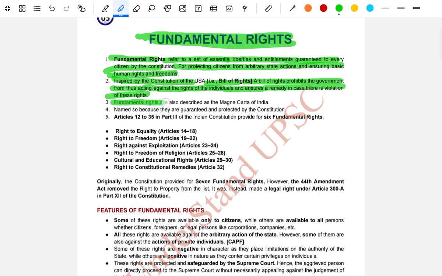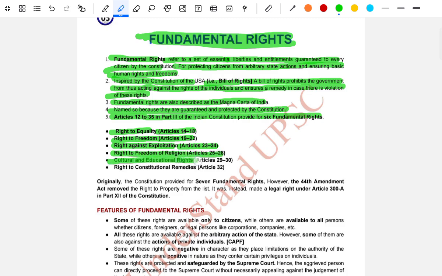The fundamental rights are also described as the Magna Carta of India. They are named so because they are granted and protected by the Constitution. Articles 12 to 35 of Part 3 of the Indian Constitution provide for six fundamental rights: the right to equality, Articles 14 to 18; the right to freedom, Articles 19 to 22; the right against exploitation, Articles 23 to 24; the right to freedom of religion, Articles 25 to 28;